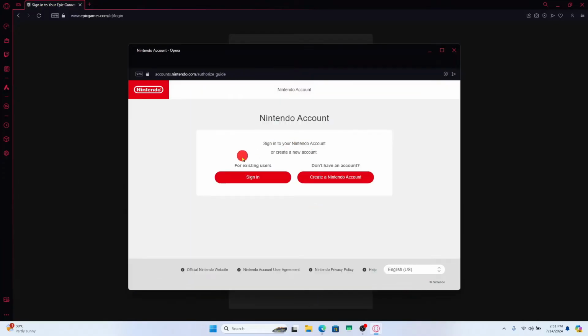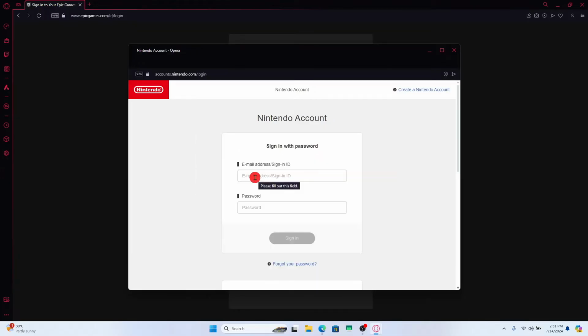If you already have an account, you can click on the sign in button at the left side and now you will simply need to enter your credentials. Type in your email address or your user ID within the given box, and underneath, within the password box, you can type in your account password. Finally, click on the sign in button and you will be logged in to your Epic Games account using your